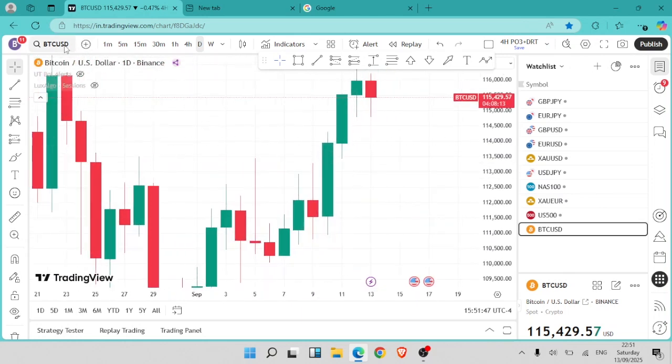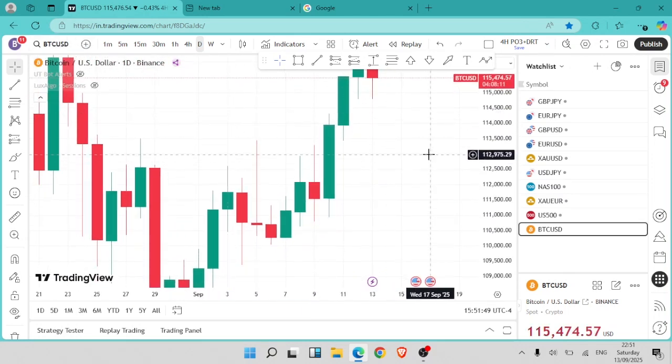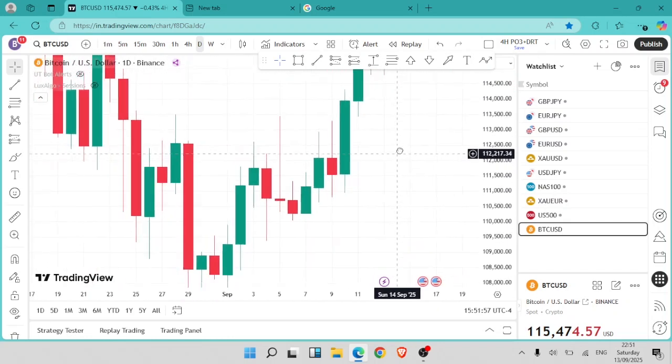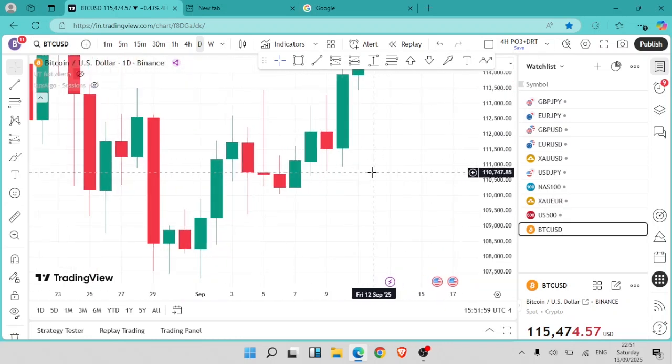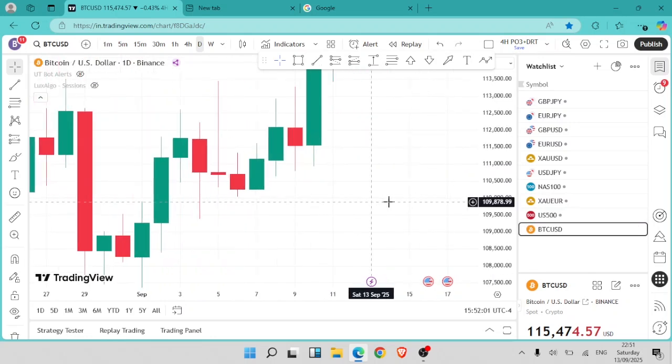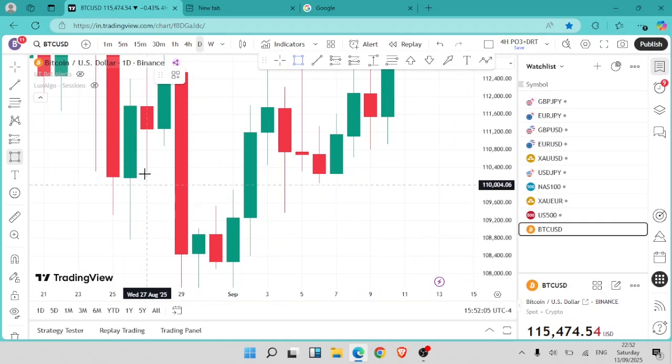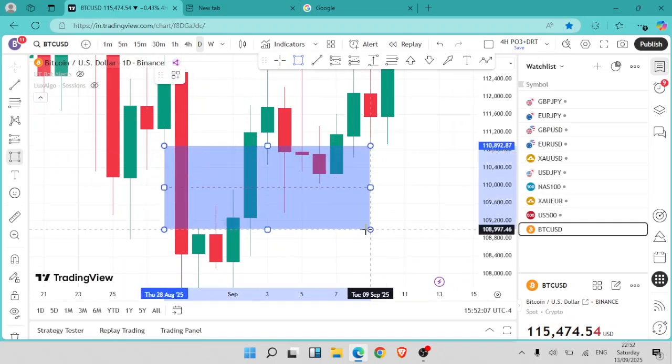This is BTC USD, Bitcoin. Today is Saturday, 13th of September. So I'm just trying to backtest here, and I can see something present itself here. I have this inverted fair value gap,